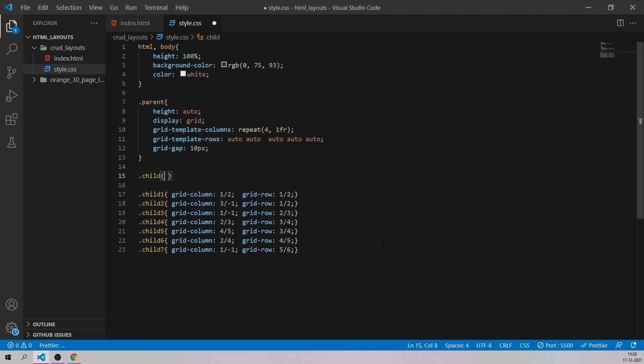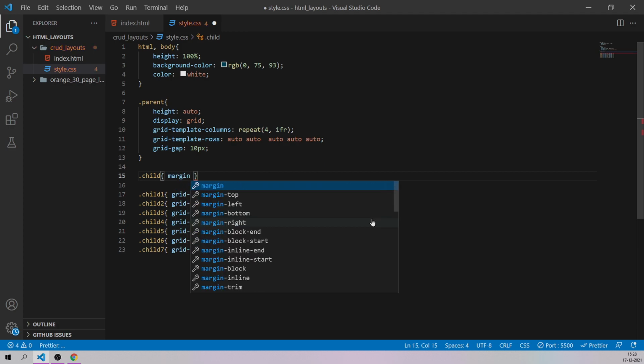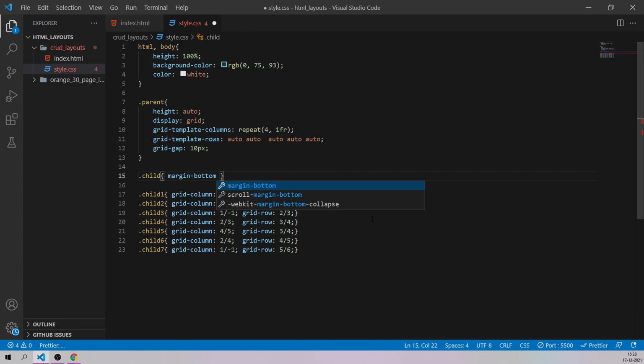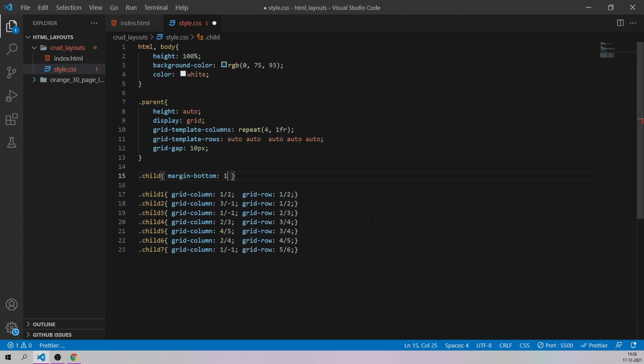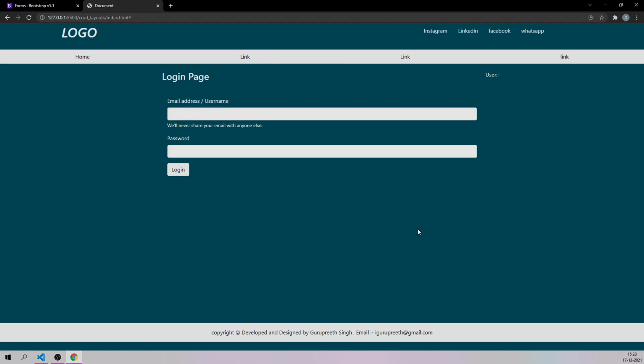Like this, and let's add one property, margin-bottom, of each element. I want, let's say, 110 pixels at the bottom of each and every element. Let me just save it.